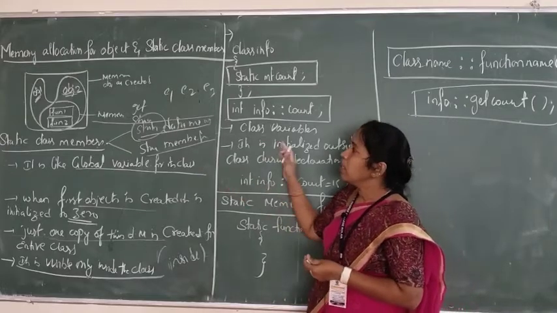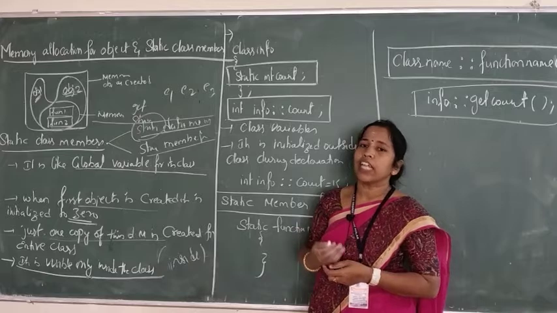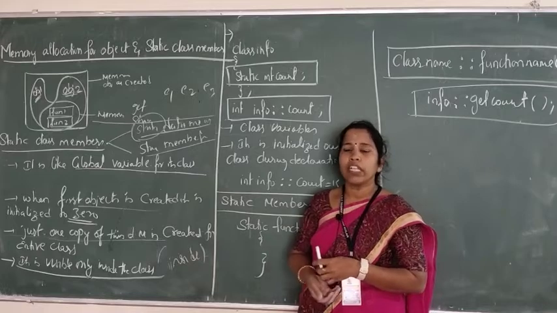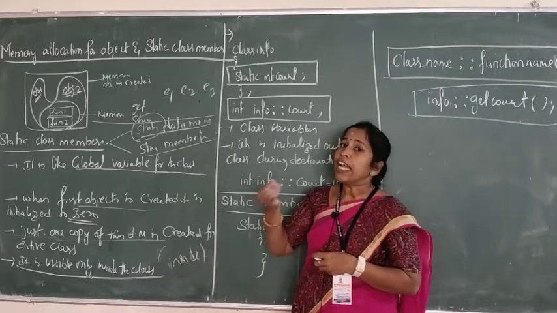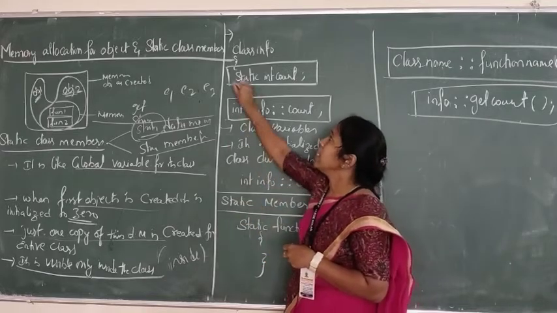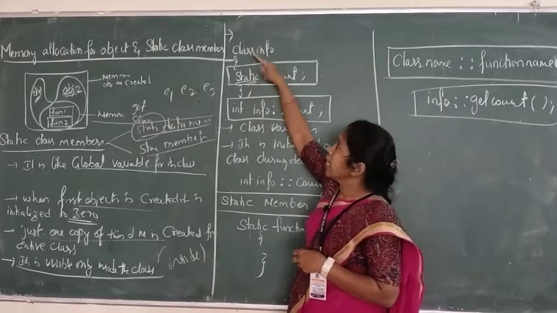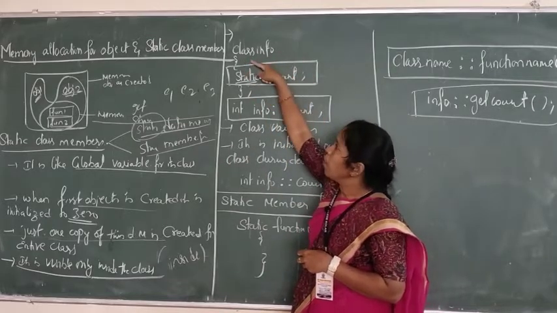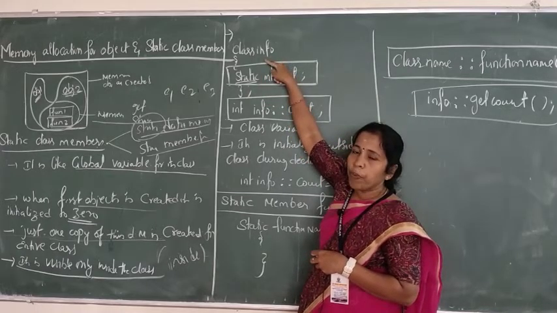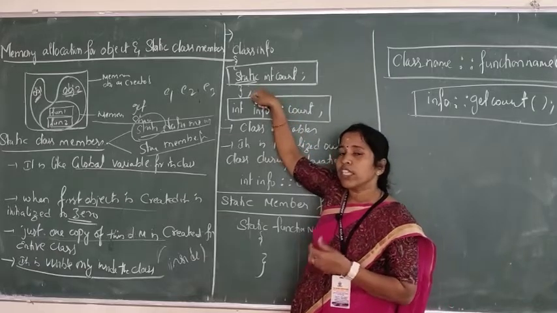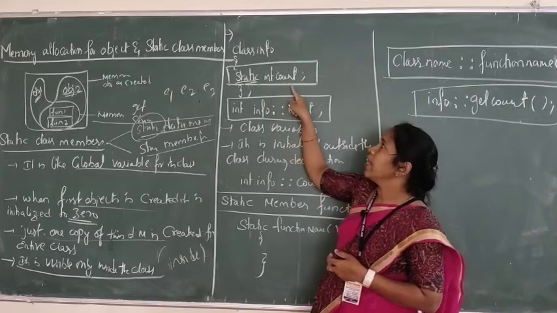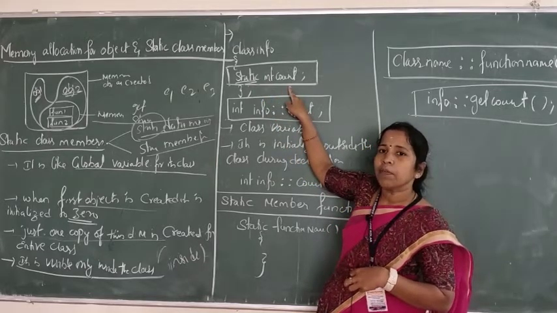Now, coming to the declaration, how are we going to declare the static variable? Again, here we are using the class, inside the class as well as outside the class. When you are declaring a static variable inside the class, you have to use the static keyword. See the syntax: class followed by the class name, opening braces, closing braces, terminating the class. Inside the class, between the opening and closing braces, I have to use the keyword static, followed by the data type of the variable, and then the name of the variable. That is nothing but count.